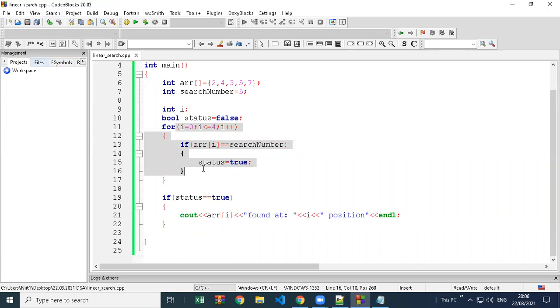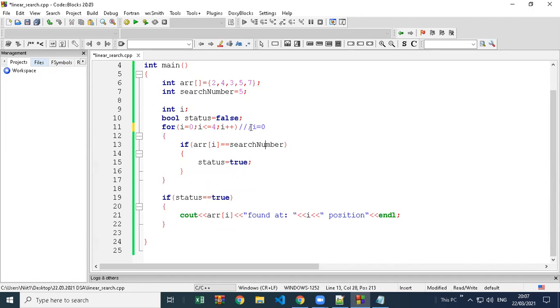As I told you, it's the simplest searching algorithm because we require only one loop here. Take values out, compare, and if found, so I am taking one helper variable. First of all, see this is your array: 2, 4, 3, 5, 7. And what I want to search is 5. So I have taken one variable here called status, and by default I am saying the status value is false, because currently, in the starting, I have not found any value yet. So currently the status is false, and the i variable value is 0.